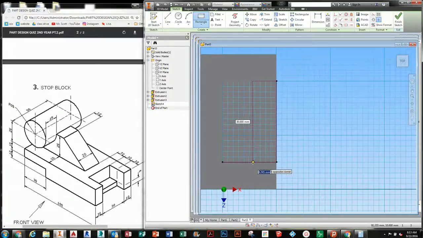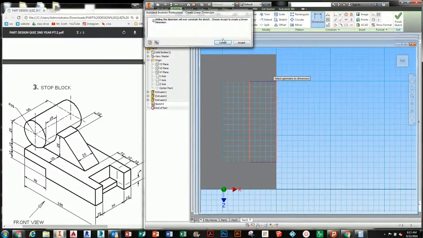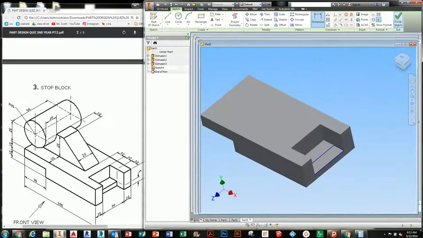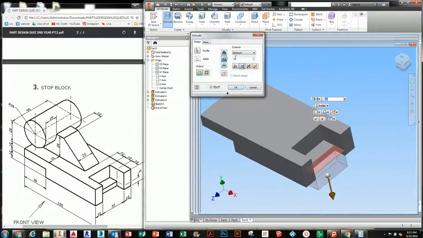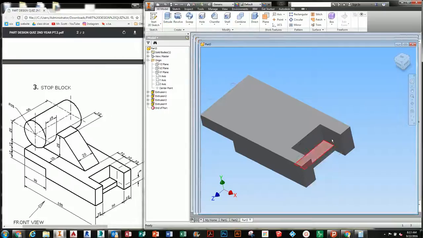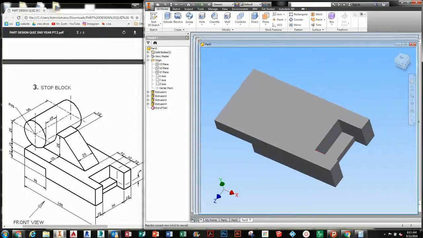So if you notice, I can hover my mouse over and it'll create a nice snapped dimension. You can check it to make sure, always dimension it. 10. And you're going to finish that, extrude, cut. This goes through all of it. Alright, so there's the base of the block. Now the next thing we're going to add is this cylinder. Okay? The cylinder is going to be located